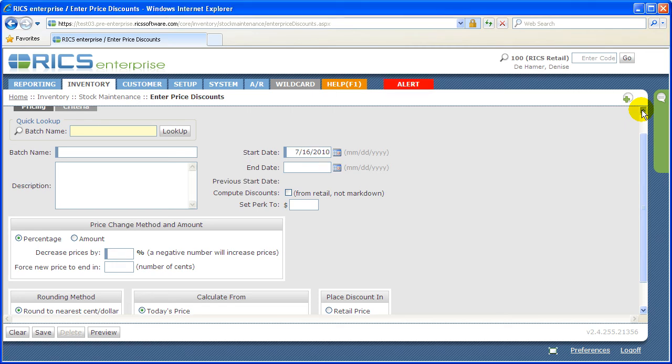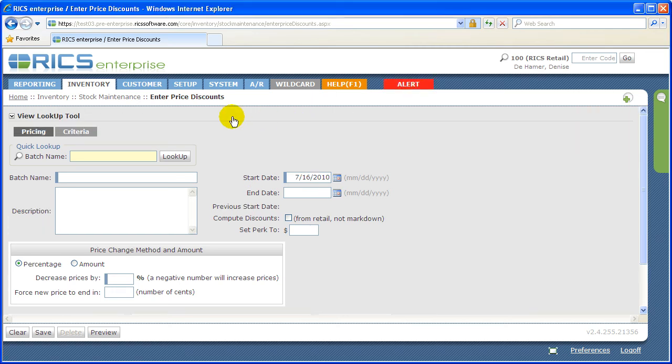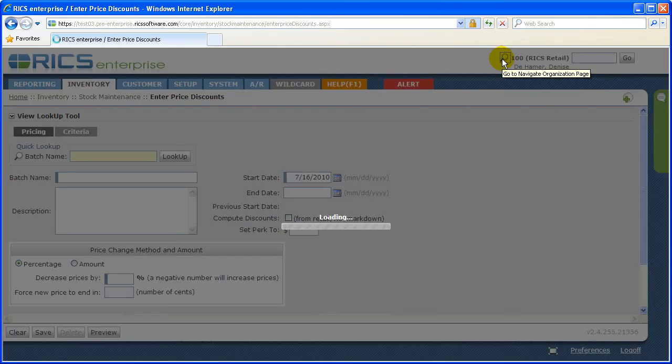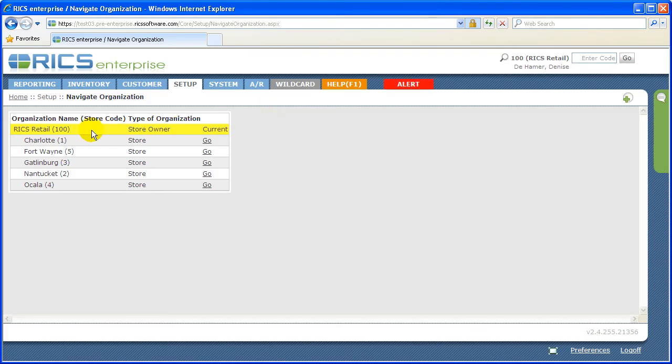The one thing that I want to stress when you're doing these Enter Price Discounts is if you're doing it per store, you want to be at that store level. When I did that first price discount, at the very top level, I was a store owner, so I was doing it for all of this level, all of the master price changes. But if I just wanted to do it, let's say for store 1, then I would want to make sure that I choose store 1,